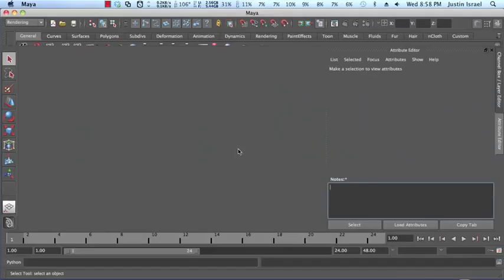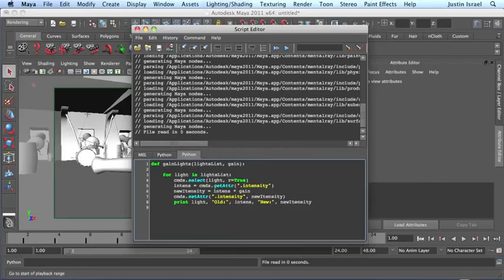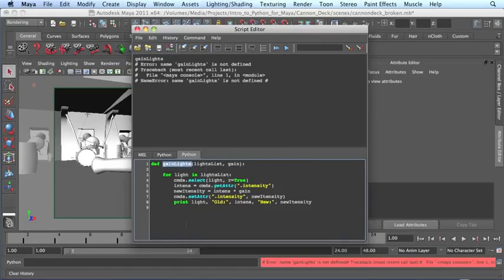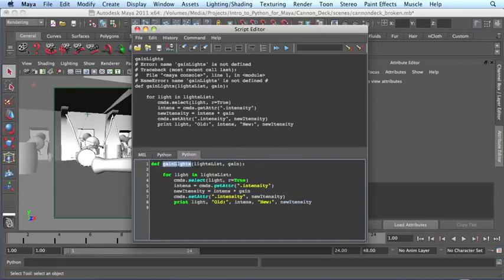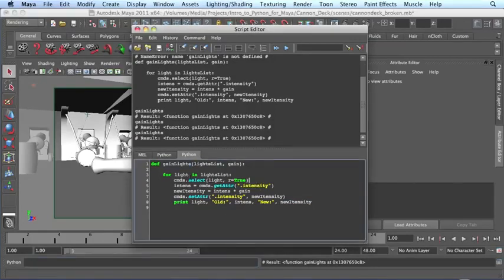And this is something that we'll get to later in the video, but it's something that I just want you to be aware of right now. So when I load up Maya again, and I try to run my gain lights function, it doesn't exist because it's never been entered into Maya's interpreter yet. We have the code here because it was saved from last time, and if it wasn't here we could have loaded it, but for now what you would have to do manually is run that, and now you have this function all over Maya anywhere. Even from right here you could run that gain lights command. But later on in the video I'm going to show you where you can put these scripts so that you can import them just like a module, so that you could do something like import Justin's utils, and then we would get Justin's